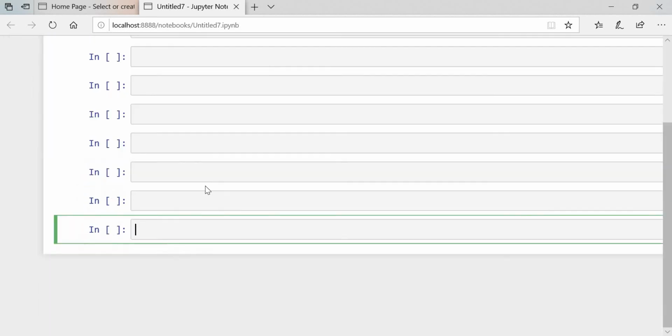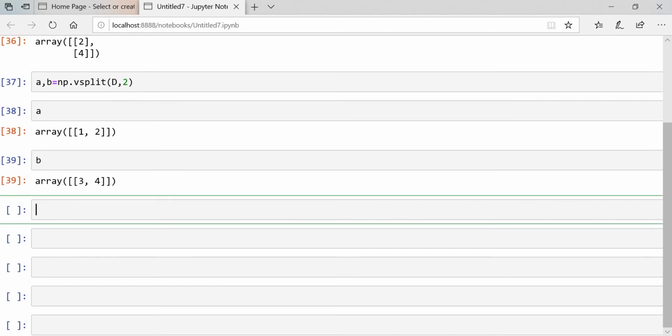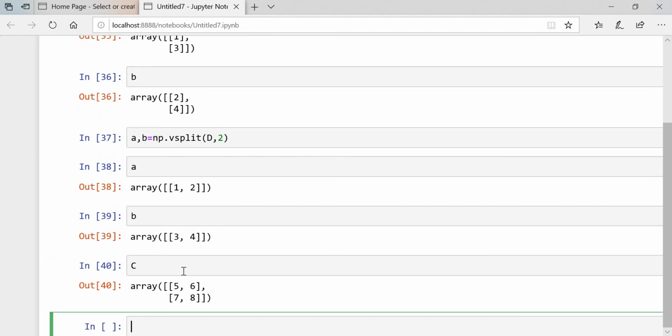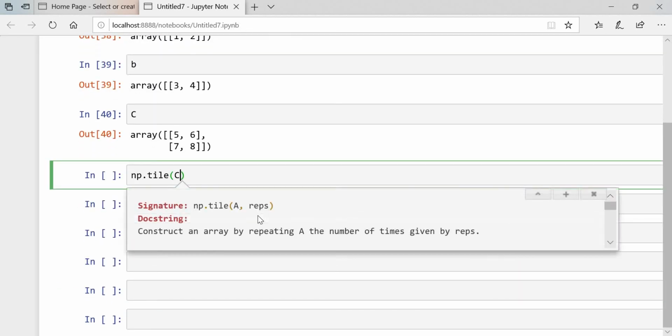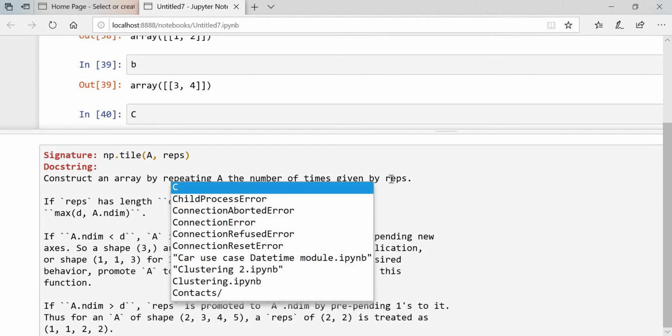Okay, now guys, I will call one that is C. This is the C matrix, and I will use this C in np.tile. Inside this tile I will pass this C, and pass this C. Then I'll check what we need by pressing Shift and Tab.